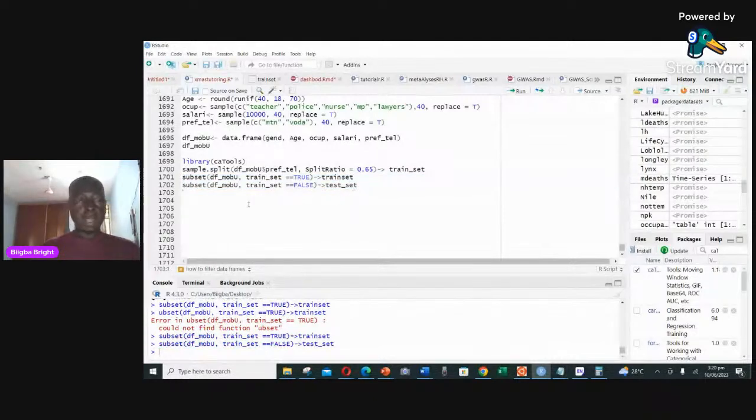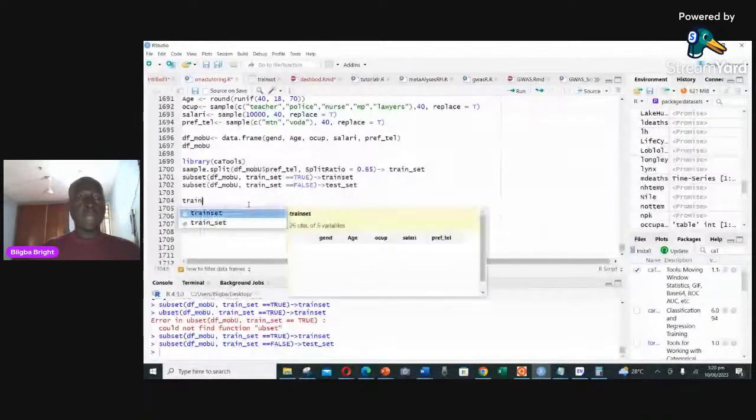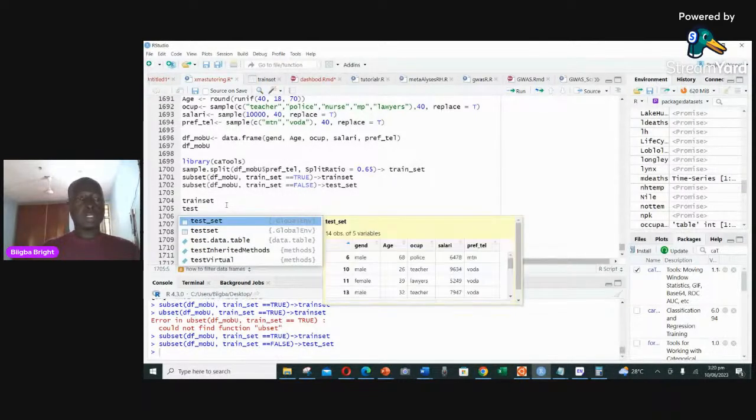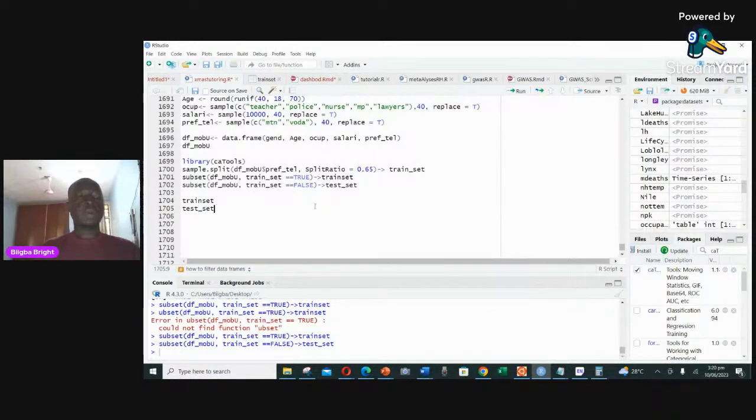So I can now just visualize. I have my train. What I'm working with now is this one, not the first one. And then I have my test sets, which is also here. Now if I print the training set, you will see that